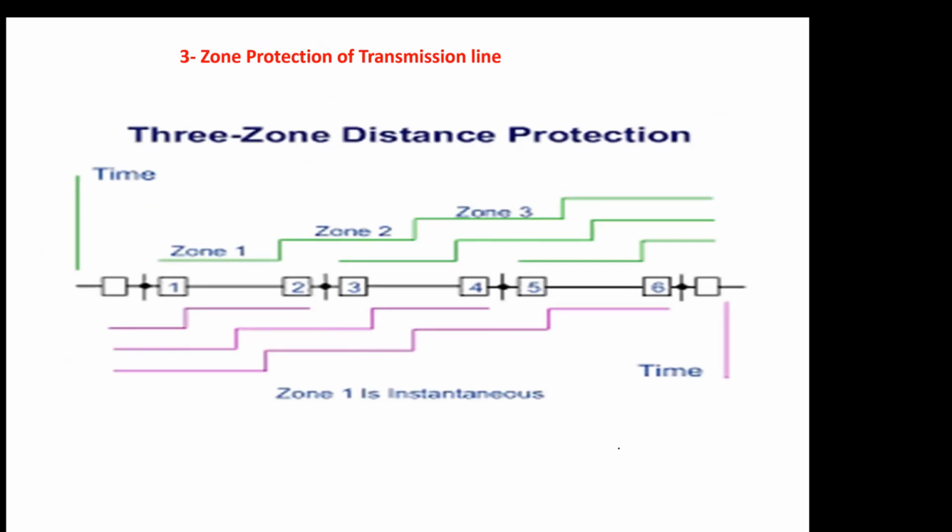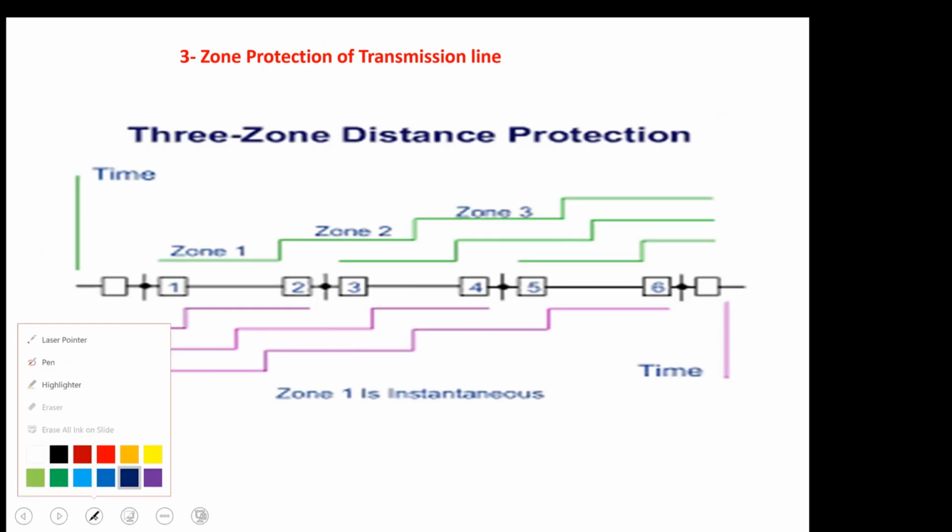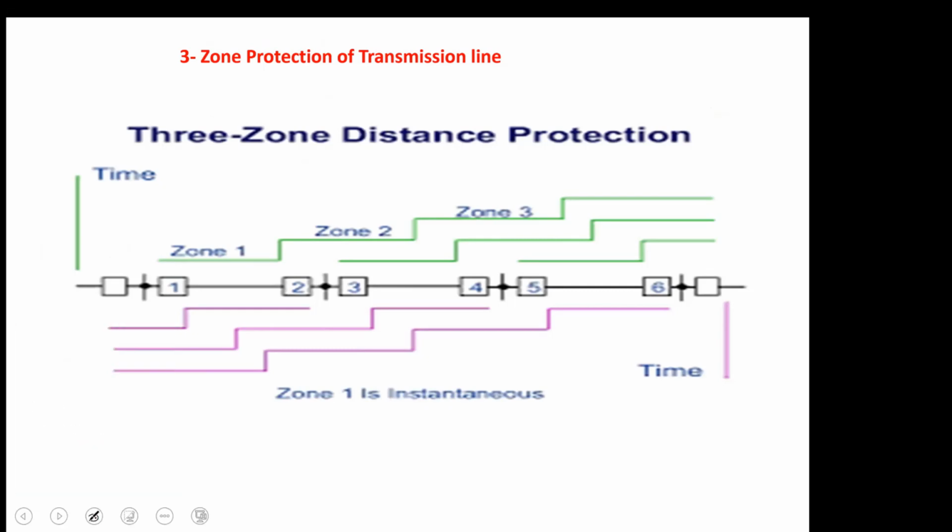Here you can see for this diagram, green is for the 3 zones of relay 1. Okay, so let me draw this green. The second one, red, is for relay 3. Relay 3 zones are like this. For relay 5, the zones are like this. Because the protection directions of relay 1, relay 3, and relay 5 are the same. Forward protection they are offering.